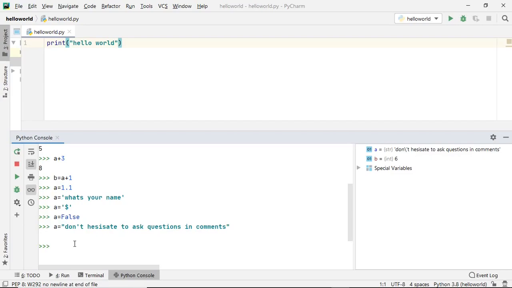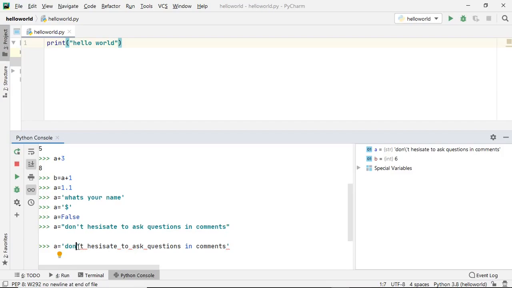Now if you try to store it the other way around, inside a single quote, and you try to run it, you can see it shows some errors. Why does it? Because as soon as Python starts this single quote, it looks for the ending of the single quote. Now Python sees this single quote and thinks this is the only string you have. Actually Python has no idea what you have written after this single quote, because according to Python this is the only string inside the single quote. The starting of the single quote and the ending of the single quote is considered to be the string by Python. Now if you want to include this single quote, how will you do that?